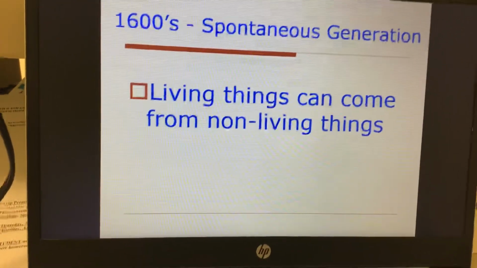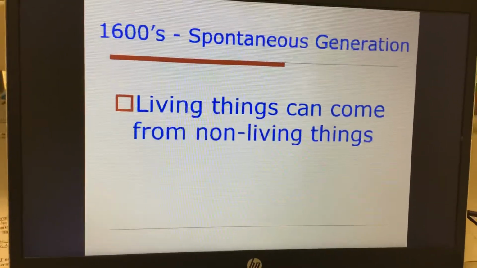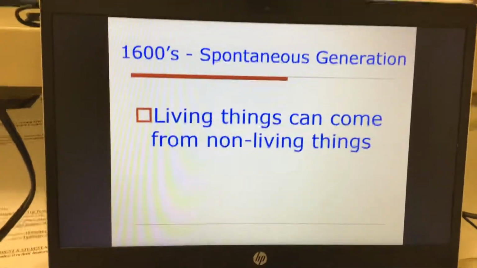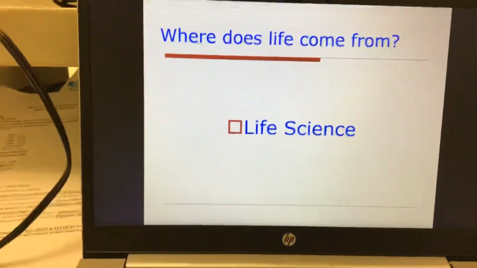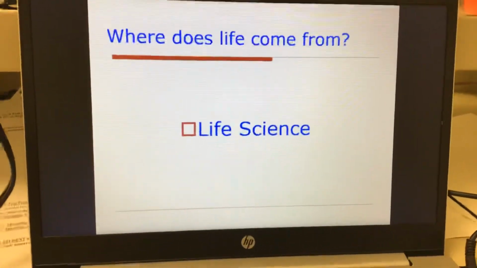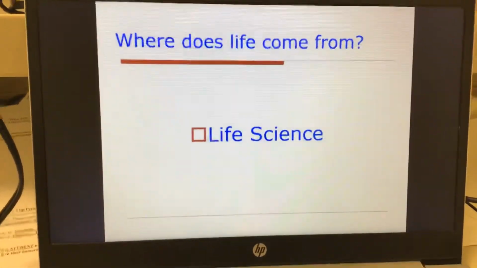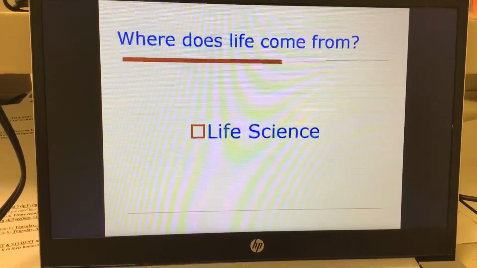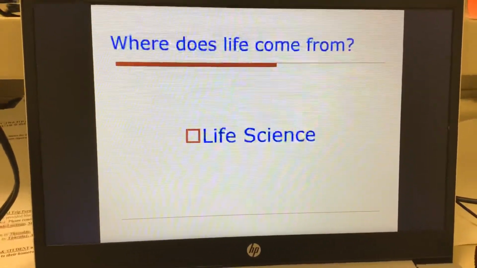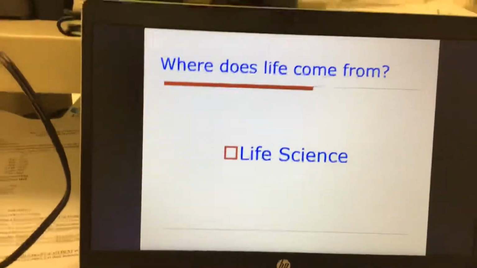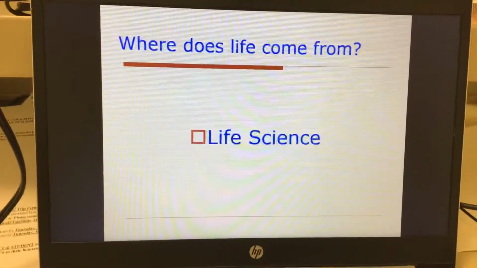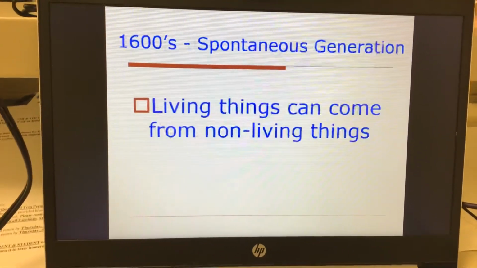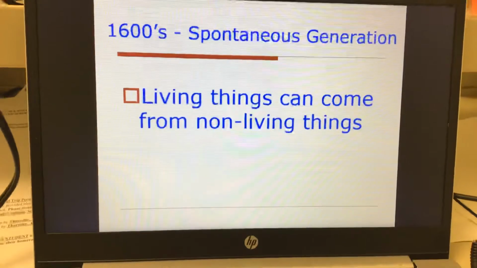All right, today we are going to talk about where life comes from. So, if you want, I'll go back here. This would be a good heading: Where does life come from? It's not as deep as it sounds, but we're going to talk a little bit about the history of biology and then get to the present. So, where does life come from would be an excellent heading. I would like you to write this down.